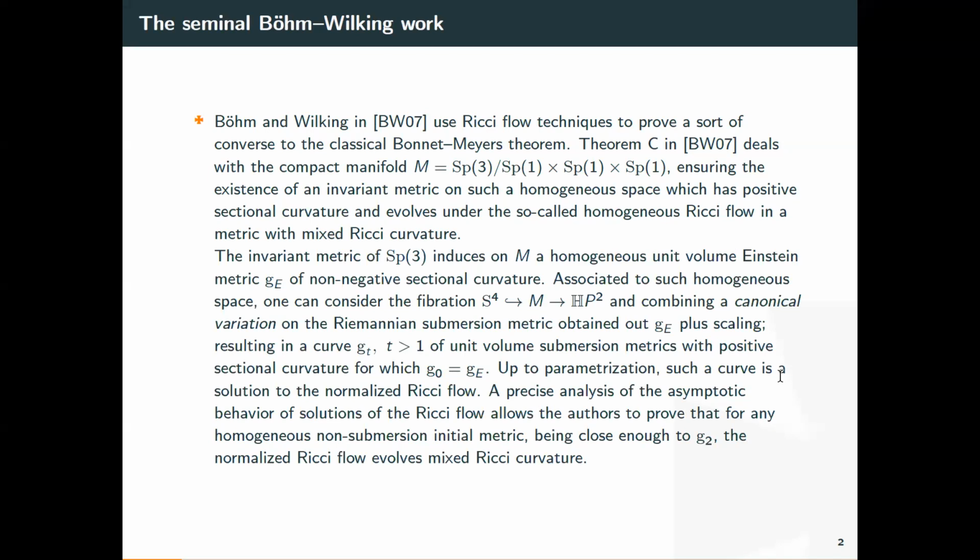The point is that some homogeneous spaces can have their geometry better described when looked at from the point of view of the total space of certain bundles. For instance, this particular one, of dimension 12, can be described as a fiber bundle with the fiber being a sphere, the S for sphere. And then you have a very special metric there, and that is an Einstein metric on this space. By the very classical procedure of the canonical variation, where you shrink the fibers of the submersion by this parameter t here, you can get a metric with positive sectional curvature.